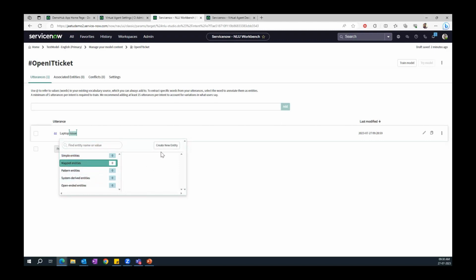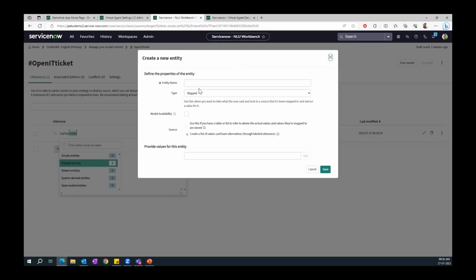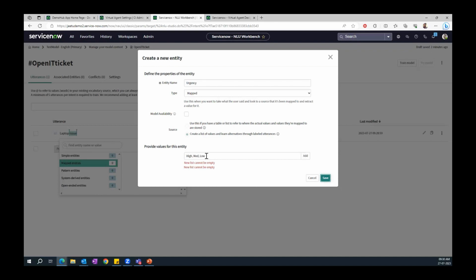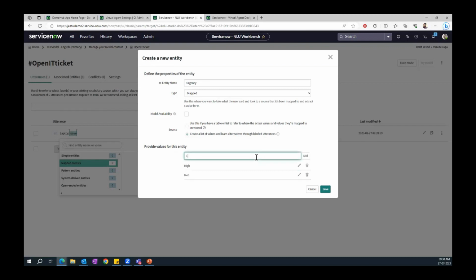As of now, let's say I want to create a new entity here, say urgency. High, medium, and low.